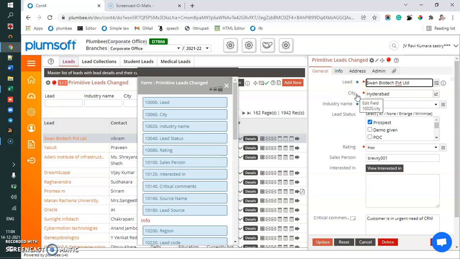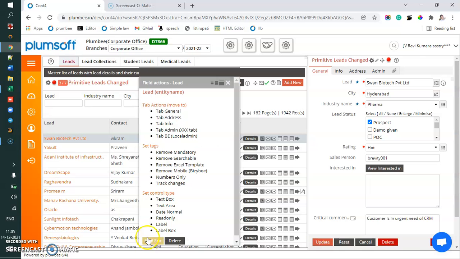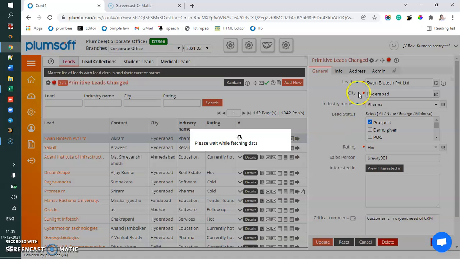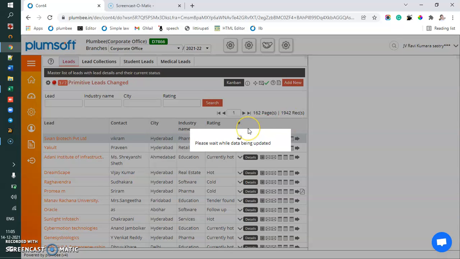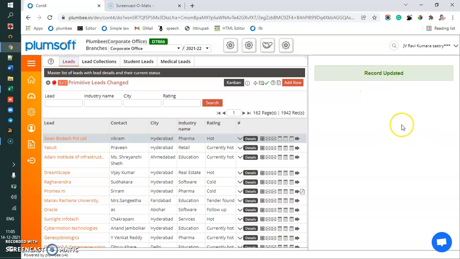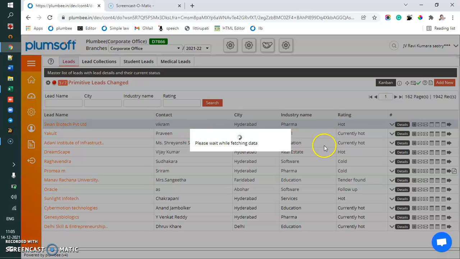And here, instead of lead, I want to call it name of the lead or lead name. So I just clicked on this, typed lead name, and saved it. The moment I save here, you will see here also it will change. I'm refreshing it because it belongs to the same field. You will see the name has changed.